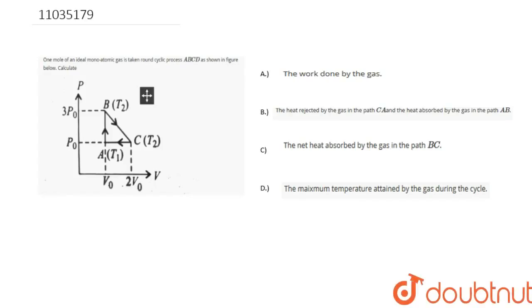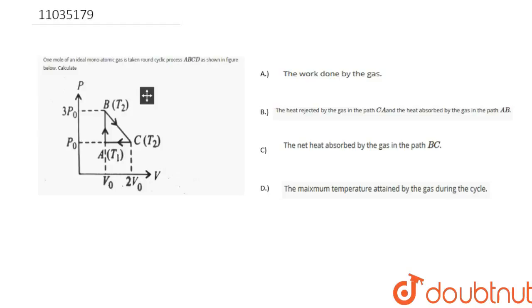इस क्वेश्चन में हमें गिवन पीवी साइकिल को, ये जो कंप्लीट साइकिल है जो कि क्लॉकवाइज है, इस गिवन पीवी डायग्राम से हमें इन चारों क्वेश्चन को आंसर करना है। तो पहला क्वेश्चन है द वर्क डन बाय द गैस। जो ये कंप्लीट साइक्लिक प्रोसेस है, इसमें नेट वर्क डन कितनी हो रही है। सेकेंड पार्ट कहता है द हीट रिजेक्टेड बाय द गैस इन द पाथ सी टू ए एंड द हीट एब्जॉर्ब बाय द गैस इन द पाथ